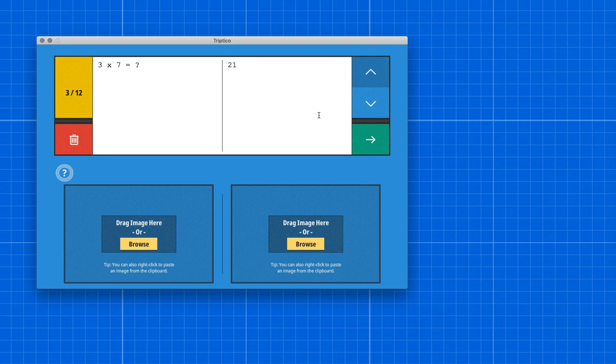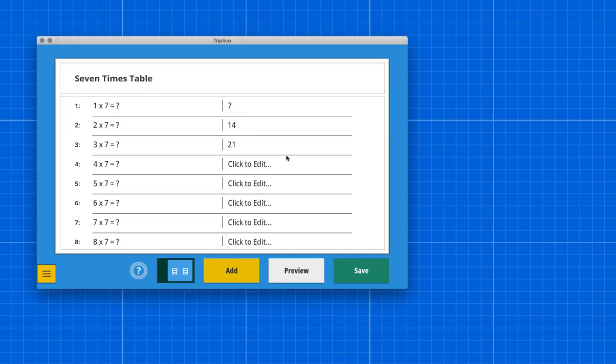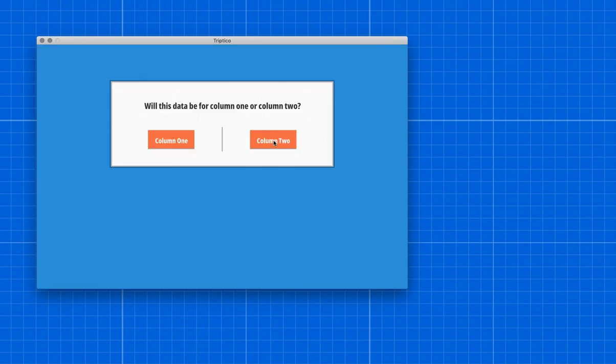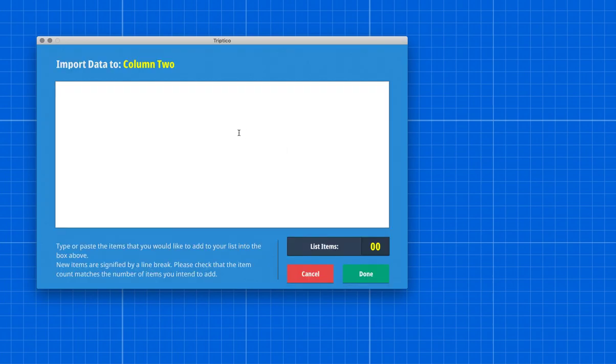And I'll show you another slightly quicker way to do things. If you remember in the previous video, we've got our second column there. Rather than going down clicking through each one, we pasted the information in. Now rather than pasting it, we'll use this same import data button and we want to add some data to column 2, and I'll just type in. So rather than having to go to the next one, I can just go through quickly, type in each of the answers,